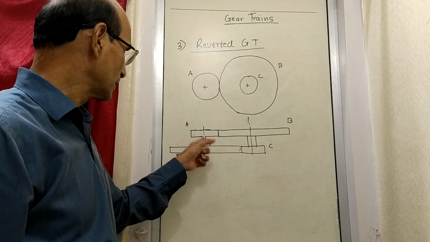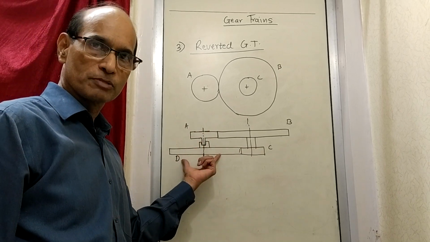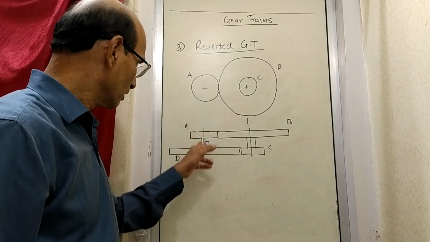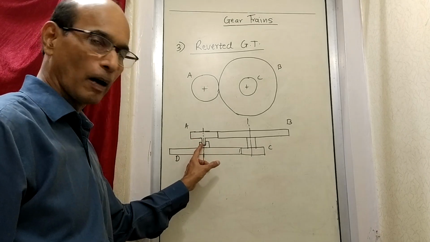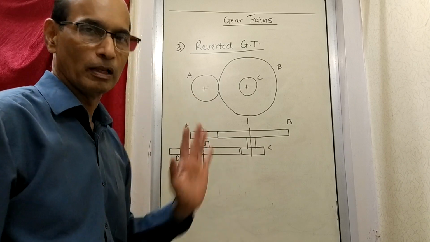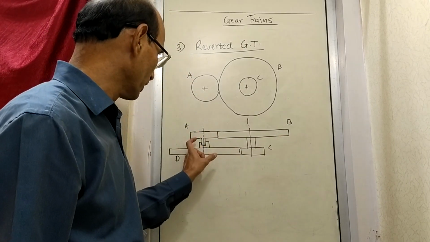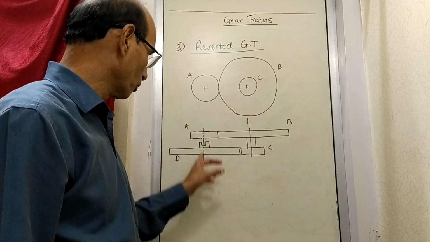That means A can rotate with its own speed, D will rotate with its own speed. Both are gearing at their own speeds, only they are on one line. So there will be relative motion between these two parts. To take care of that there is a bearing here, but then they are just brought in one line. That arrangement I have not drawn in much detail, but you can draw them such that you show there is a bearing between the two and they are brought in one line.